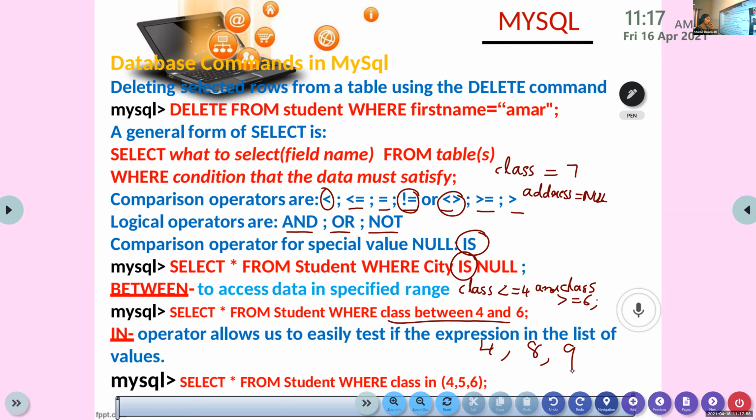Can we use this between, Grishma? No. If you use between 4 and 9, what happens? The details of students who are from class 5, 6, 7, 8, 9, everything will be taken. Isn't it?